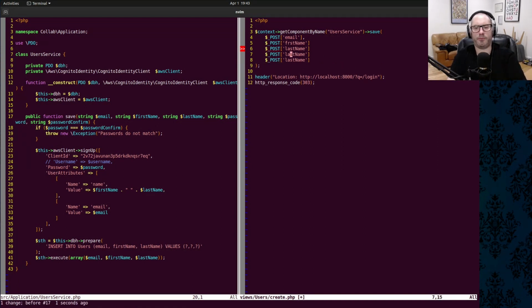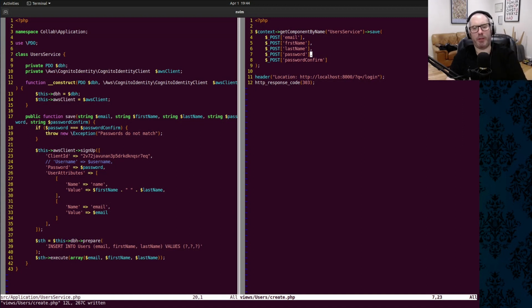Oops. Cool, looks good to me. So we come in, we match the passwords, we throw an exception, we talk to AWS, we ask to sign the user up, and then we write the record into the database, which I don't think we need to do, but